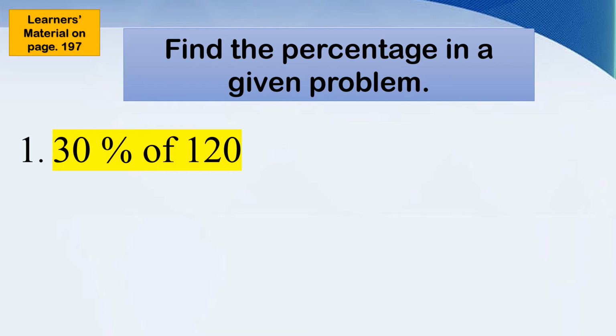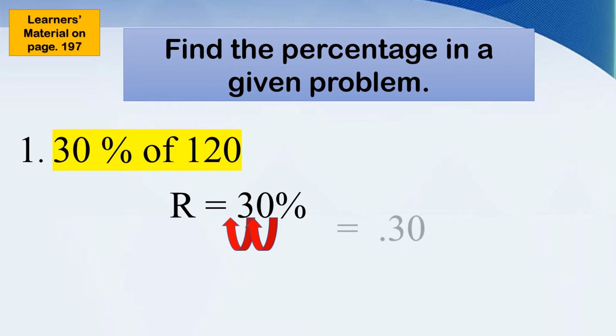You have learned in your previous lesson that in changing a percent to decimal, divide the given rate by 100 or simply move the percent sign 2 decimal places to the left, then change it to decimal point. Our rate is 30%. Let's move the percent sign 2 decimal places to the left. It will become 0.30,